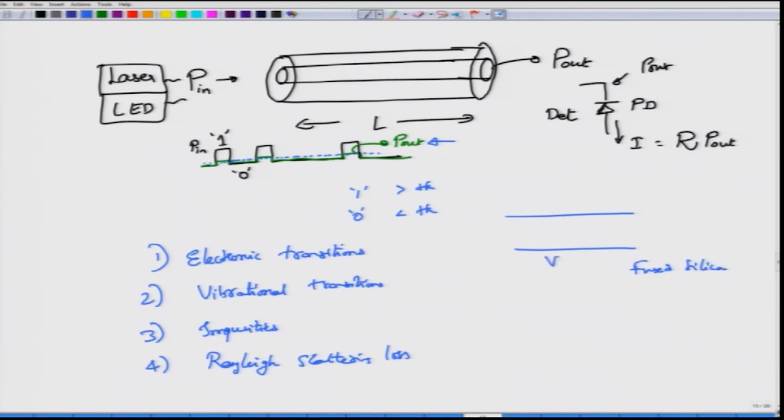It has a certain valence band and a conduction band. The band gap is around 9 electron volts, which means that only when the light wavelength is less than about 100 nanometers would it have sufficient energy for any electrons or holes here to jump up to this one. Okay, so you can actually have this electronic transition only when you have given sufficient energy to